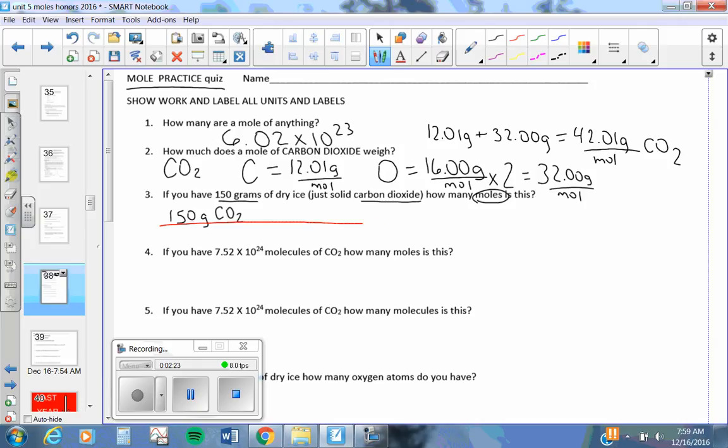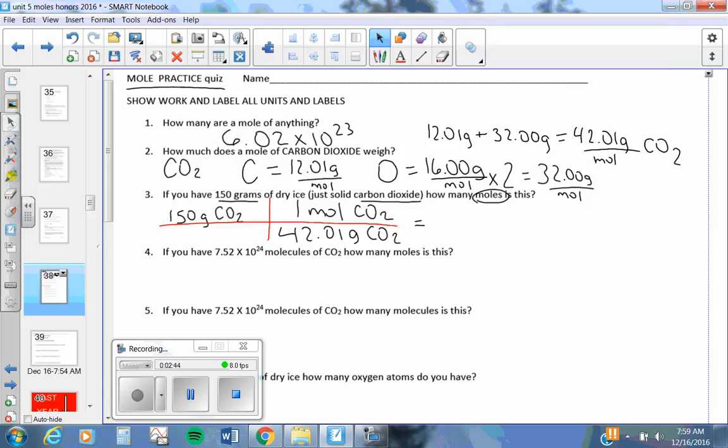Set it up like a table or a grid, and we know that for every 1 mole of CO2, there are going to be 42.01 grams of CO2. We're going to put this value into our calculators. I do 150 divided by 42.01, and I find that equals